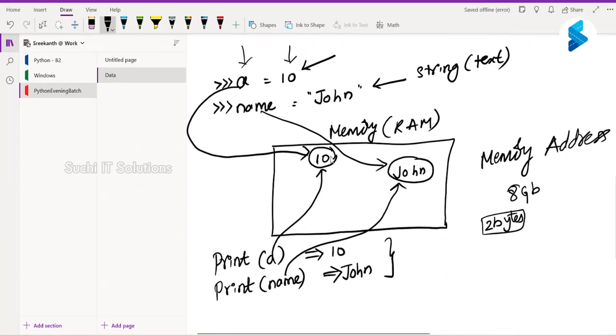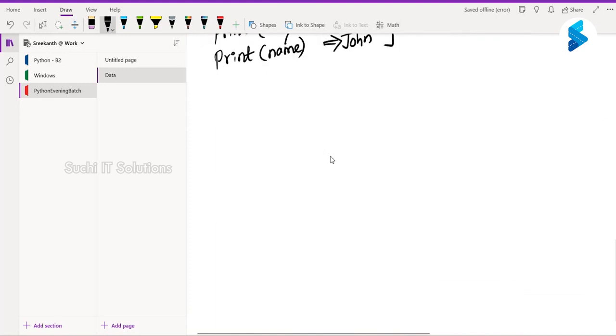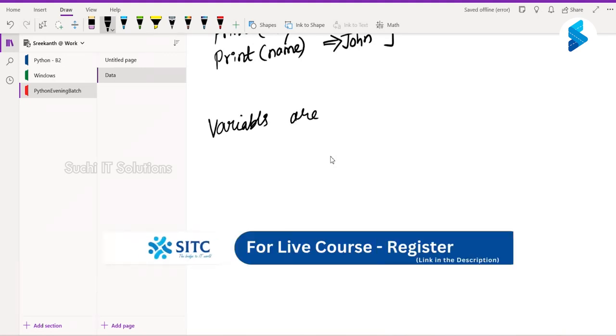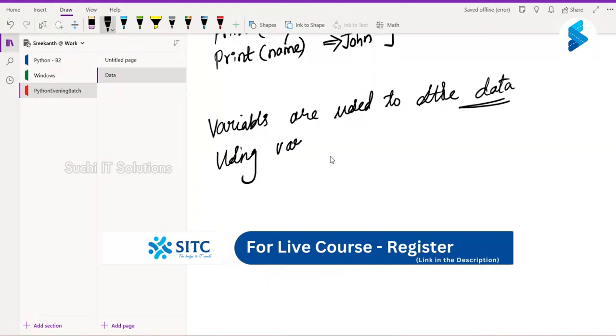So variable is nothing but, now tell me, frame a statement and tell me what a variable is. Variables are used to store data.